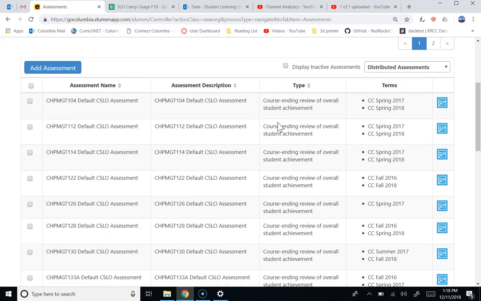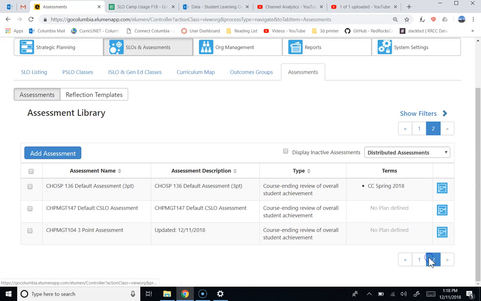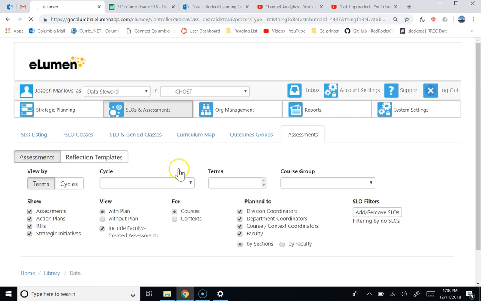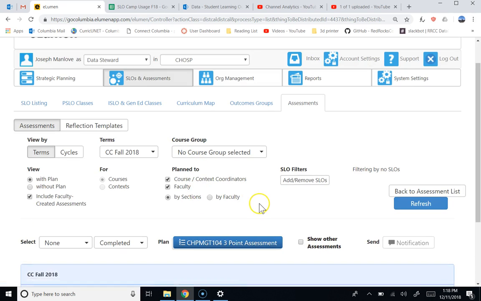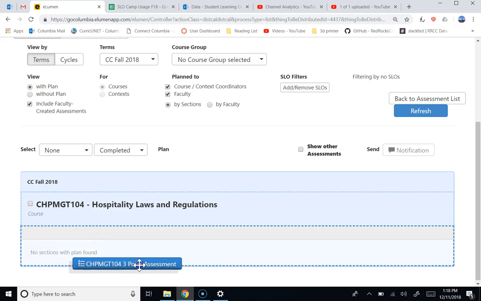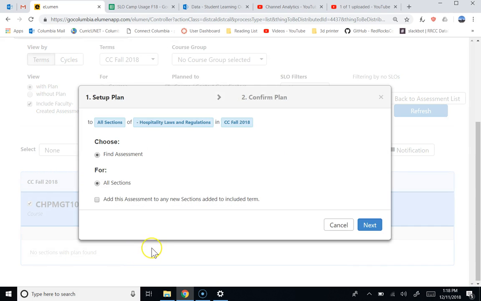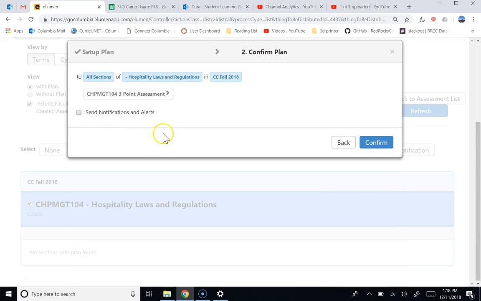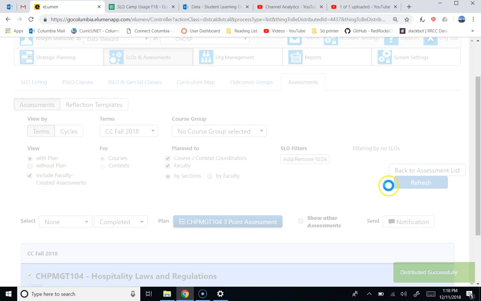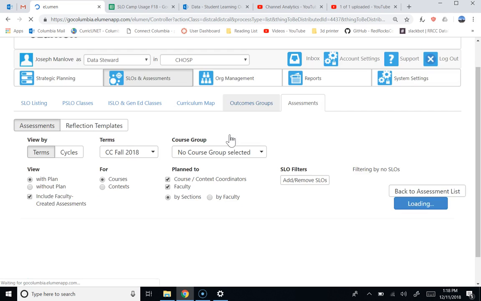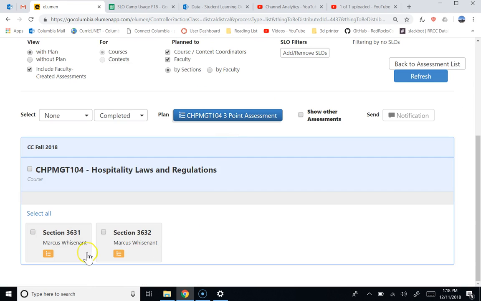Right. So then if you want to push the assessment of our new 3-point scale, you go in here, find your new assessment, and you hit plan. And then there's this incredibly bizarre, you need to pick up the plan and drag and drop it. And then hit all sections. And we don't need to send notifications for this one because Don's sitting right here. So then hit confirm. And then we hit refresh, and hopefully we see 2 sections by Marcus, both of which